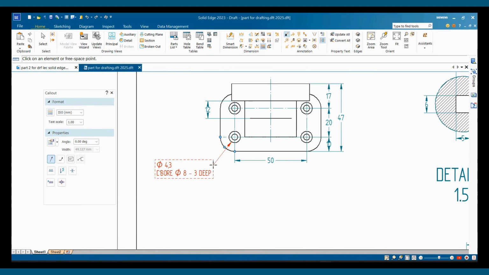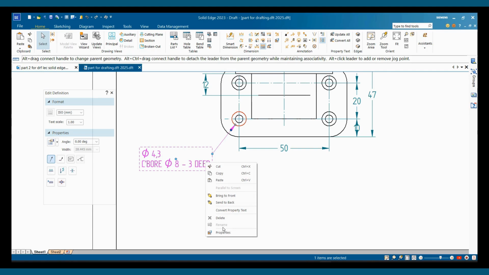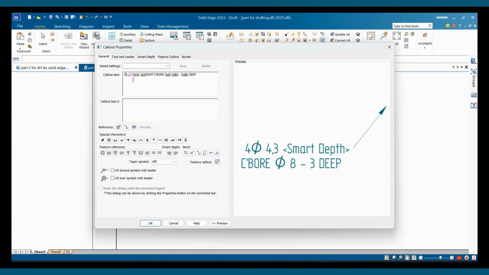You can see here this counter bore is being shown now. Suppose I want to add the number also here, that there are a total of 4 holes. You just need to select the callout, right click and properties, and in properties at the extreme end or at the start we can add 4, Caps Lock on X, and space. So you can see here this preview window will show how this text is going to be visualized there. Say OK,